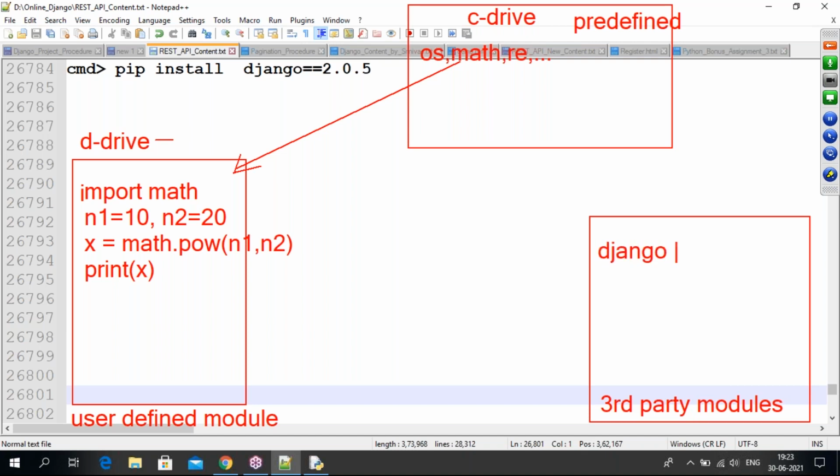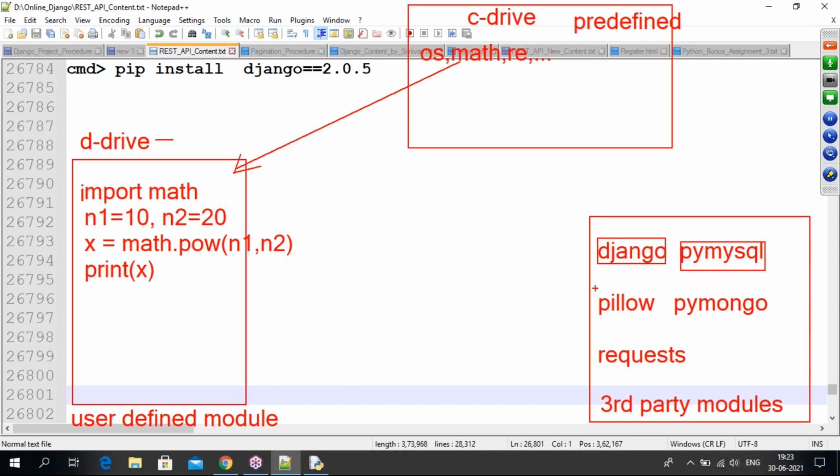Django is one third party module. PyMySQL is one third party module. Pillow is one third party module. PyMongo is one third party module. Like so many are there. For example, requests is one third party module.